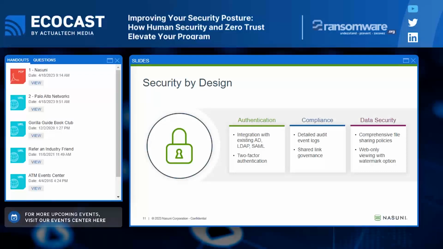Number one, identity authentication. We talked about this a lot. Users are authenticated against the customer's identity management systems that they may already have in place, as well as two-factor authentication to start a session with Access Anywhere in a web browser. So authentication is extremely important.